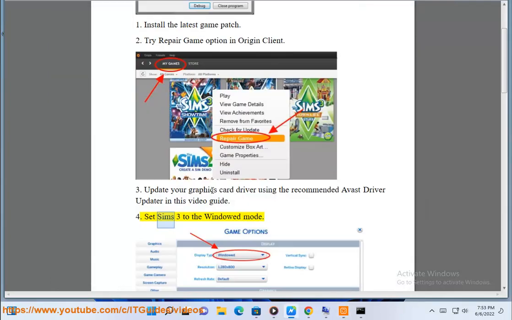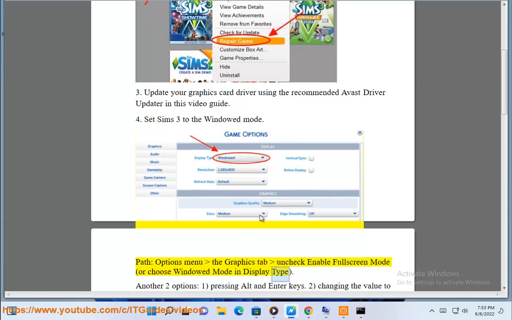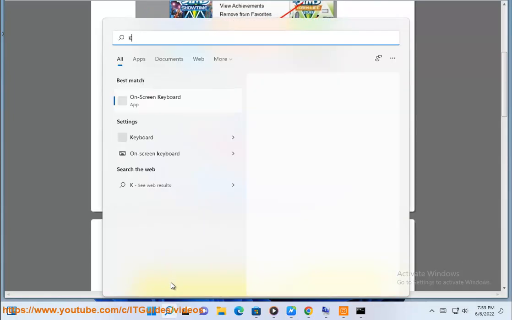4. Set Sims 3 to the windowed mode. Path: Options menu, the Graphics tab, uncheck enable full screen mode, or choose windowed mode in display type. Another 2 options: 1. Pressing Alt and Enter keys. 2. Changing the value